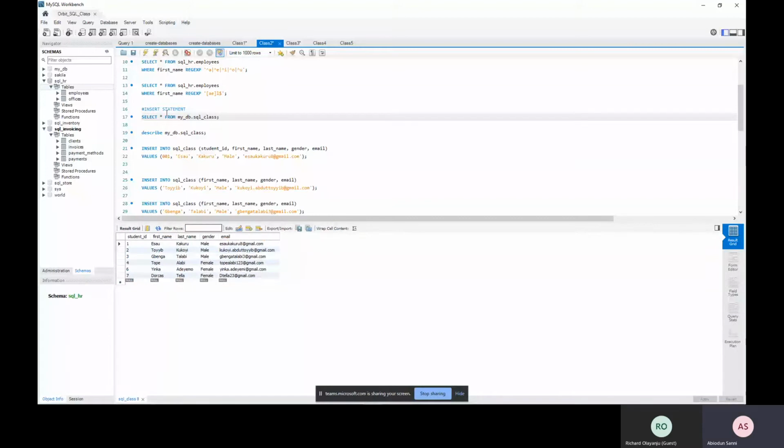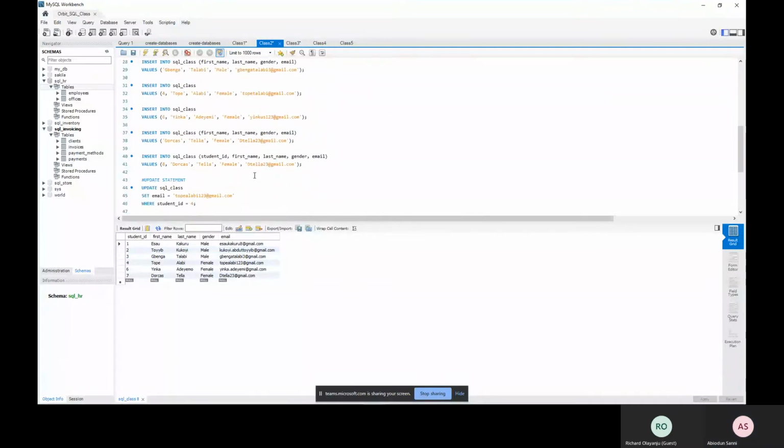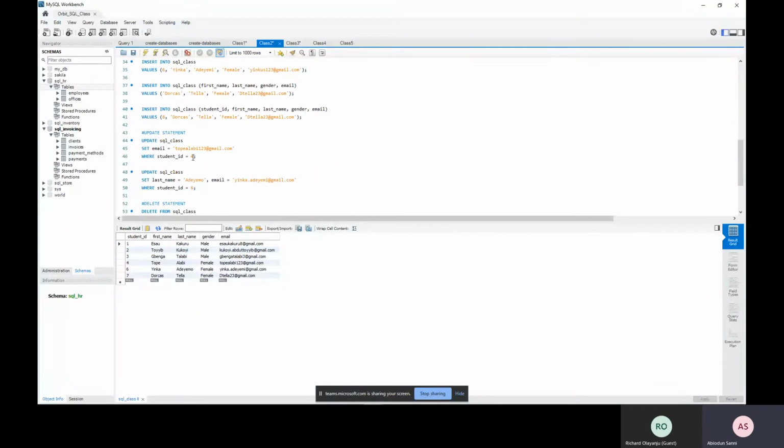You can see this is the first insert statement that I did for this guy, which corresponds to this, and the second one corresponds to this. So updates, I can also update. So I can say update SQL class, which is the table,